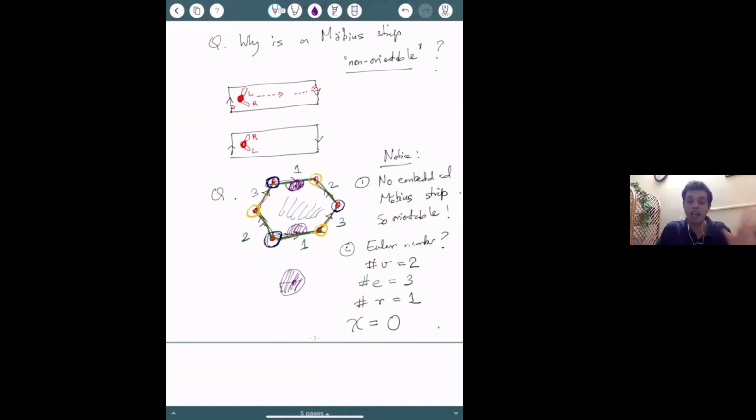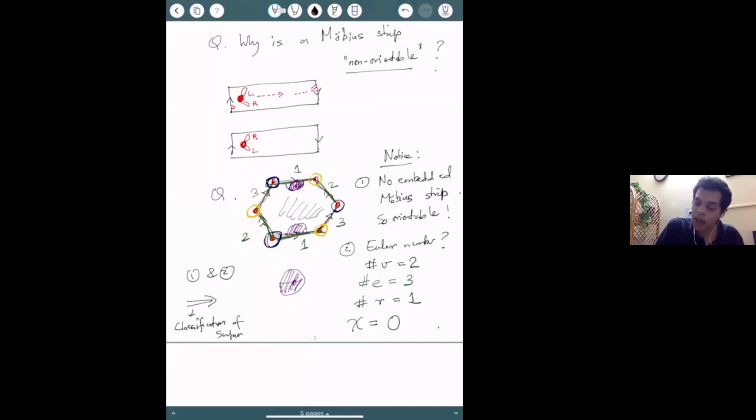So if you are Euler number 0 and orientable, and you are a closed surface, right? There's no boundary edge in this whole discussion. All edges are used for gluing. So then the classification of surfaces implies, via 1 and 2,